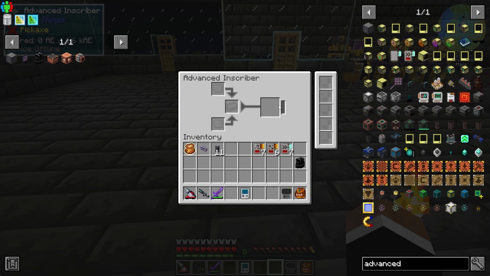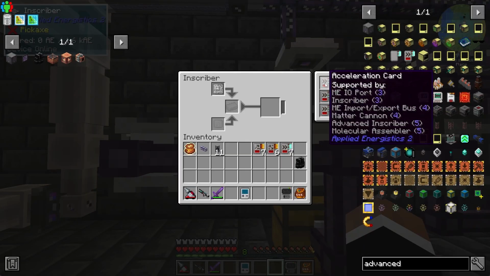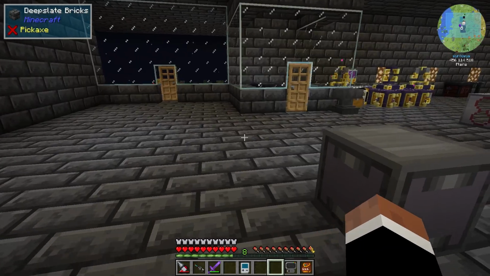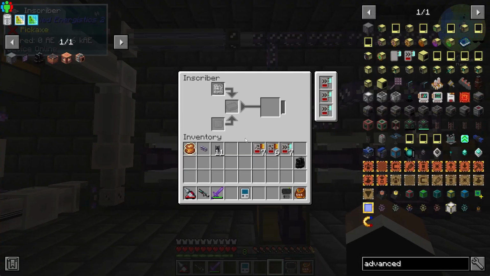Is it just faster? Compatible upgrades, acceleration cards. These are acceleration cards, but this has got 5. And this has only got...